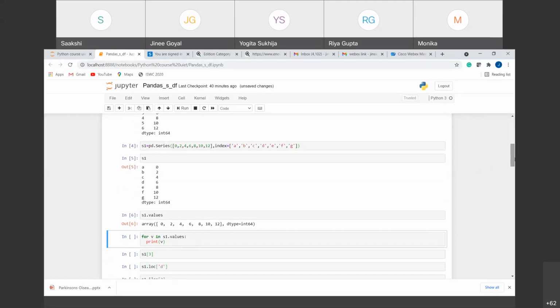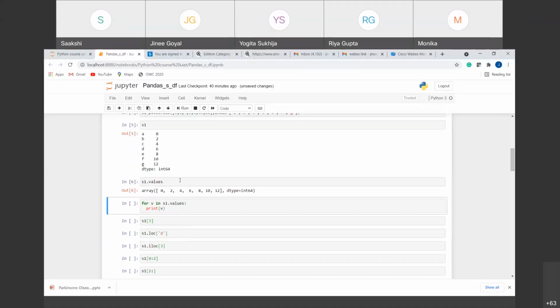So this is the series, simple. That is how you can add the values to it, how we can define the naming to it, that is the key values, and then how we can call the values out of it. In a similar manner, we can also iterate or traverse through the series like we did in NumPy. For that, we will use a simple for loop. Inside the for loop, let's say we want to iterate through every value and we are giving it the name v. So for v in, where we want to iterate, the values.